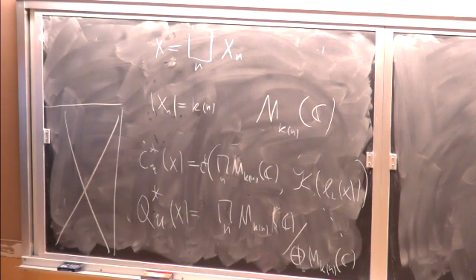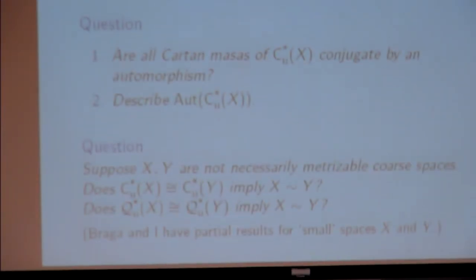But again, these spaces are badly not uniformly locally finite, and we did try hard to get examples, but we don't know. And okay, so I'm just going to finish with a few questions. You mentioned some of them, so I guess I can just stop here. Thank you very much.